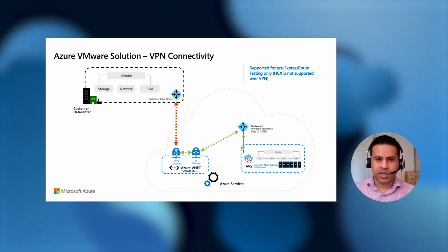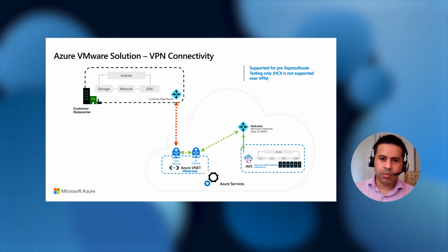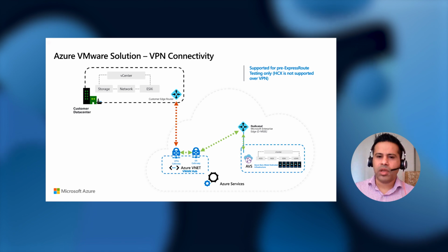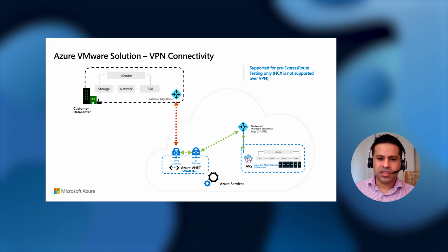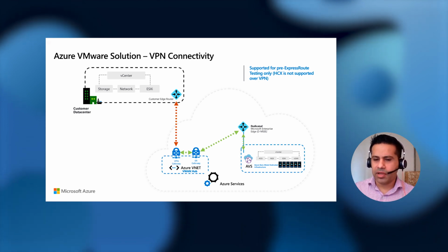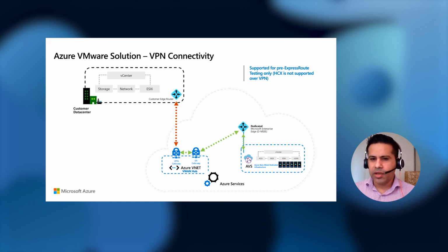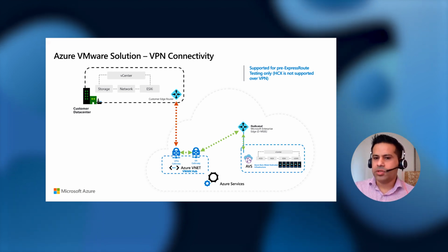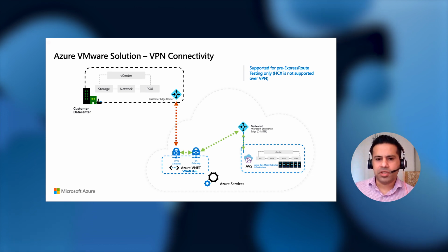The way we provide this connectivity is you have a VPN coming in from your on-premises to a VPN gateway in an Azure VNet. And this is powered through the vWAN Hub, Azure Virtual WAN Hub. Then this traffic is taken over to the ER Gateway and sent over to the AVS environment. Now, this kind of connectivity is not possible when you're using a traditional VNet.